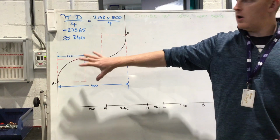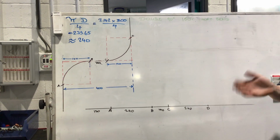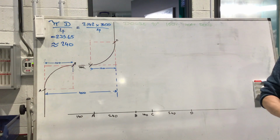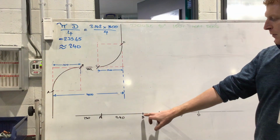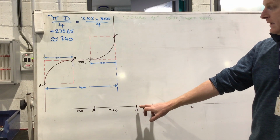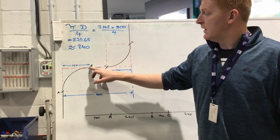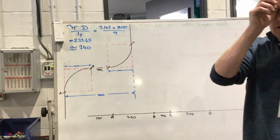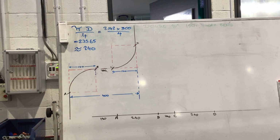But if we want to draw this onto the board, onto our benches before we do it, to make sure when we place it all down, it's all right. To draw this, what we need to do is, you could start with point C and point B. So C and D. Oh, sorry, B and C. You can bring your radiuses around here. One of the key parts of bringing your radius around